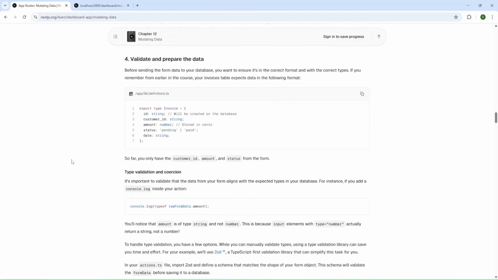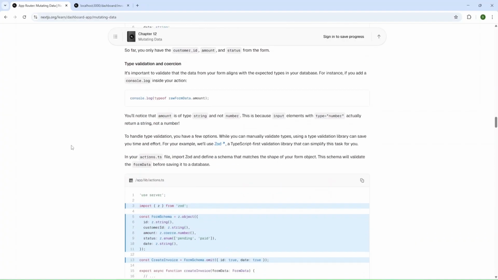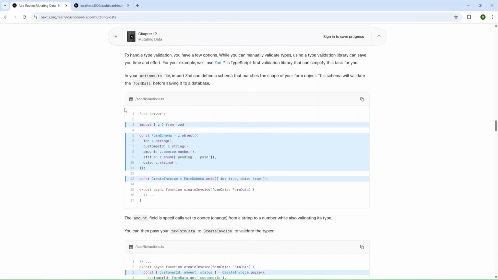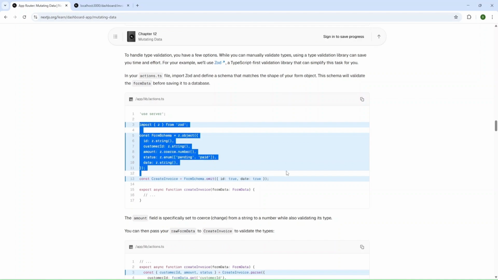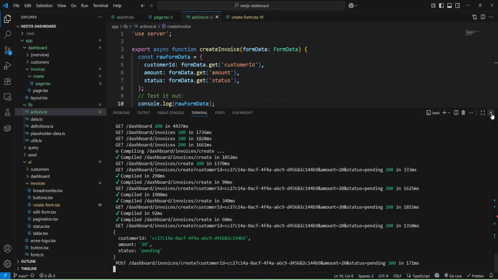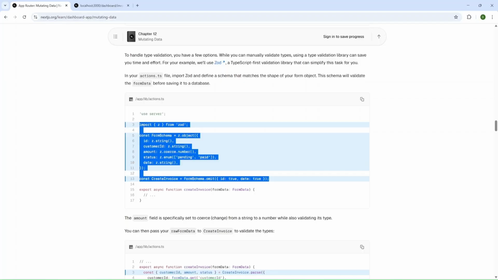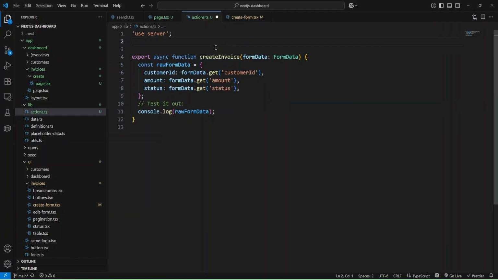And next we have validate and prepare the data. They propose to check invoice type, and also we need some validation, and for that they propose to use that. Okay, and let's add it to our actions. I'll just copy this code. I can hide my terminal, and inside actions, I'll add this import.